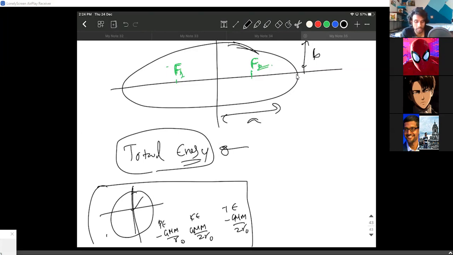Sir, I think we should take 2 points where velocities will be same. So I think the point about the y-axis should be good enough, sir. I didn't get that. Can you come again? If you see the points where the ellipse is cutting the y-axis, I think that you're talking about these 2 points. The velocities will be same. You're talking about these 2 points again, point A and point B.